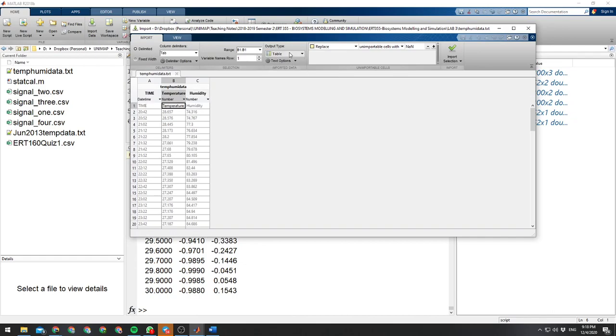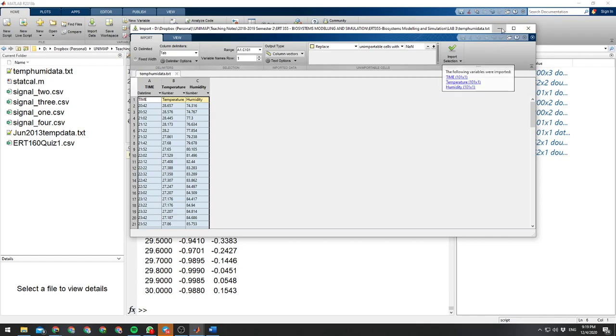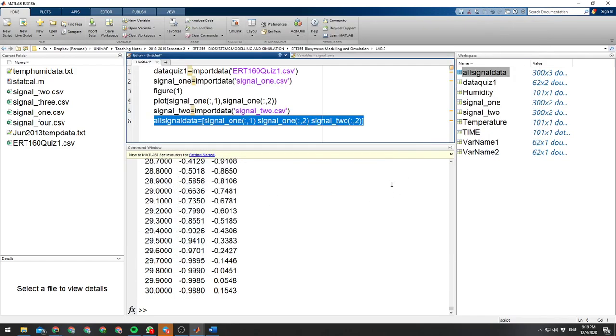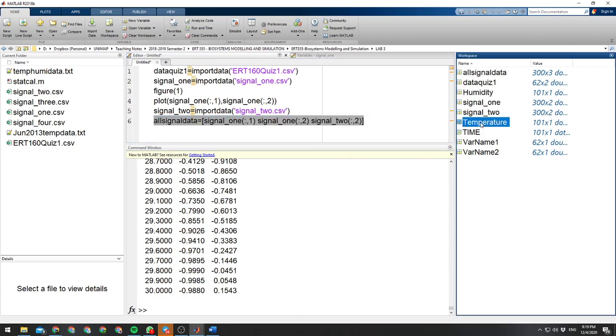It's up to you, because it will affect how you call your data to be plotted. Okay, for example, I choose column vectors. Oh, sorry. You need to select all and then you import. Okay. So after you import this one, plot your data of humidity and temperature into one